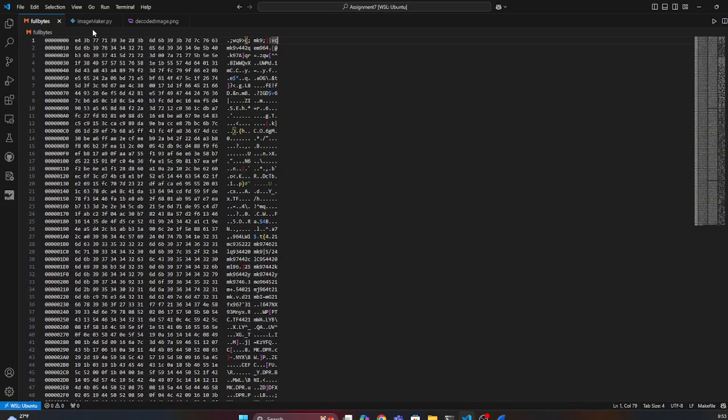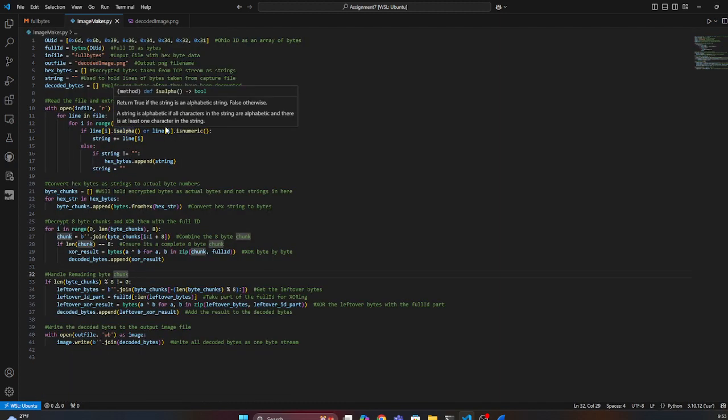And so now we need to extract the bytes to recreate the image. So the contents that we want is right in here. My plan of attack going into this was, well, why don't I just read this file line by line and just extract the bytes here? And that's what I did. So now if we look at my Python program that I wrote in order to solve this problem, starting off here, we have my